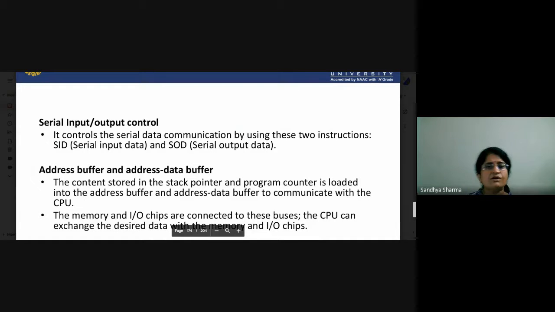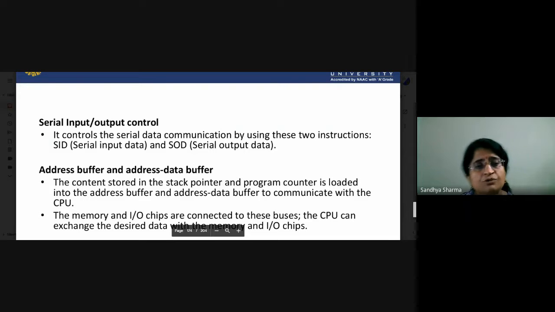Suppose you have to work in serial or parallel data communication mode; you have to activate SID and SOD. The 8085 microprocessor can work in serial input data or serial output data mode.